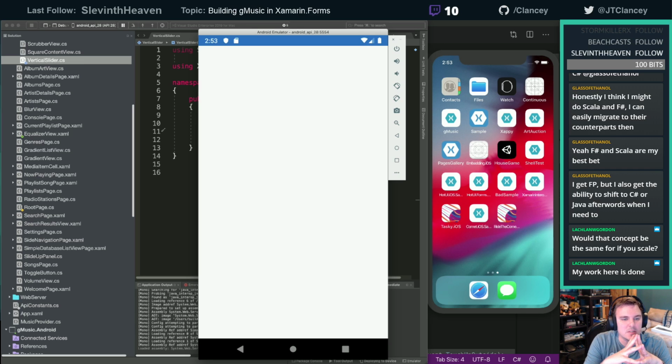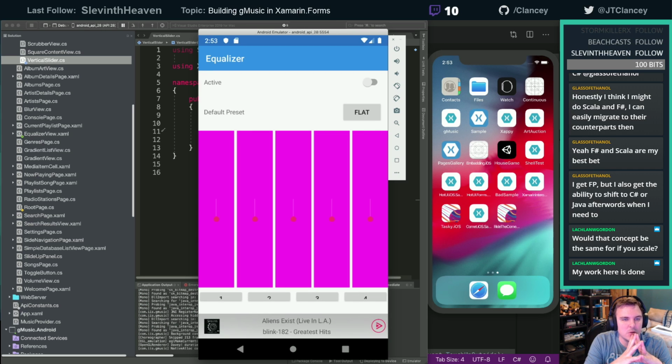Man, this inner dev loop is slow. Okay, so those are the right size.